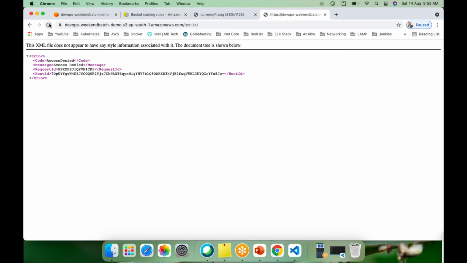Let me modify this file and add one more line: second line for versioning demo. Okay, let me save it. What I'm going to do now is simply upload the file again.